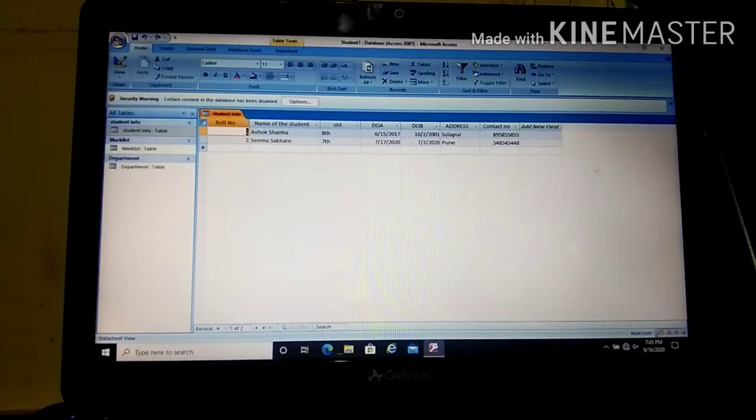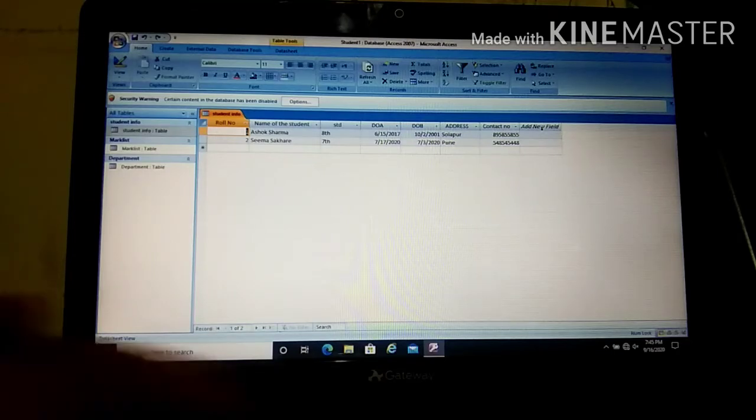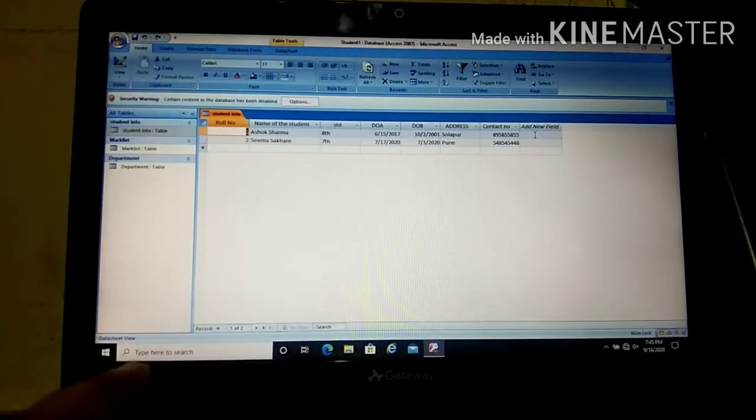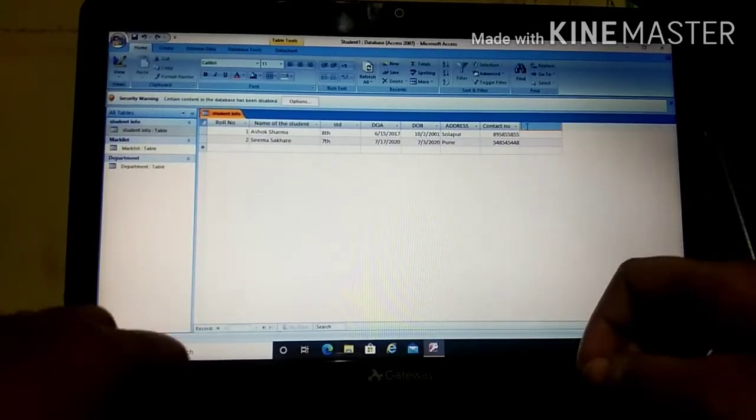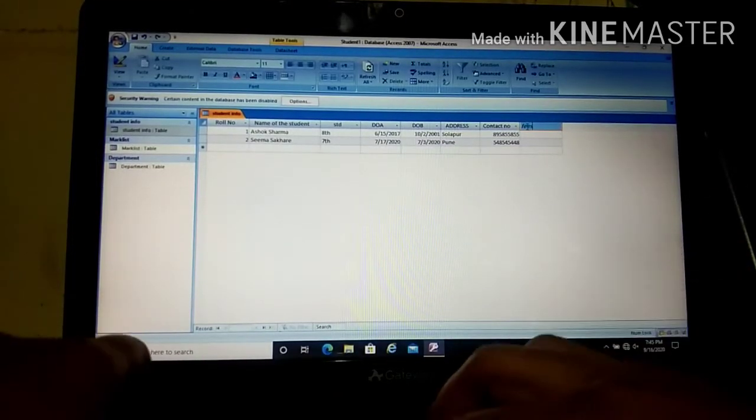Okay, suppose I want to add a new field for this, like fees status, means how much a student has paid or not. That status can be seen here in student info. So if I want to add here, we already have the option here, add new field. What I have to do, I have to double click on this, then I have to type the name for the field name, like suppose just now I said fees status.